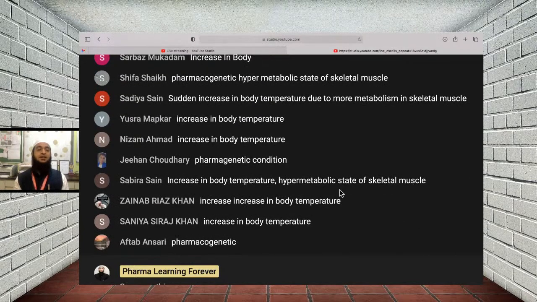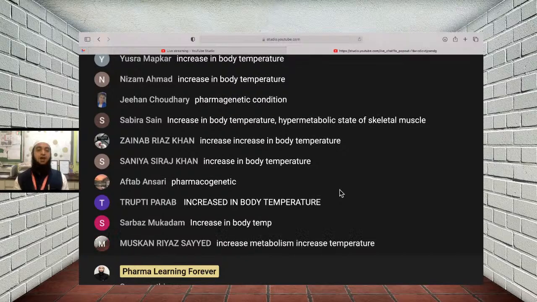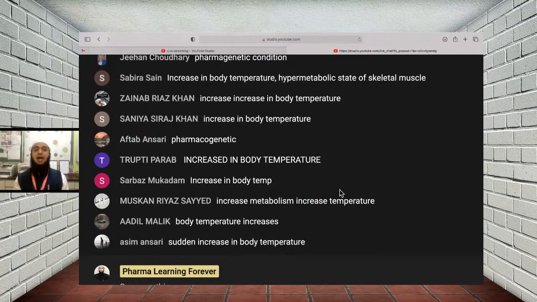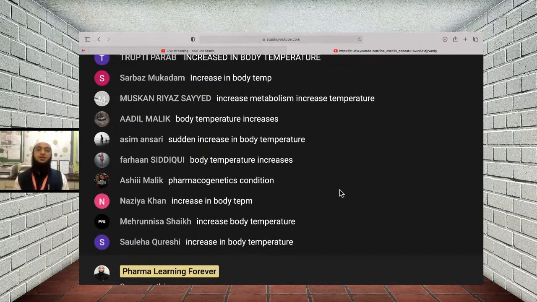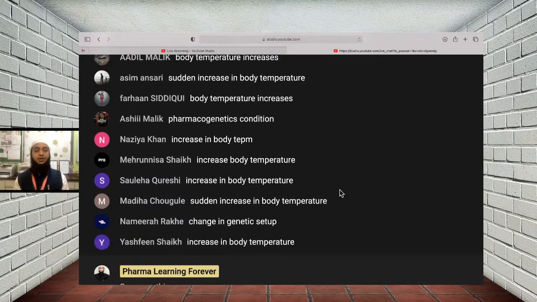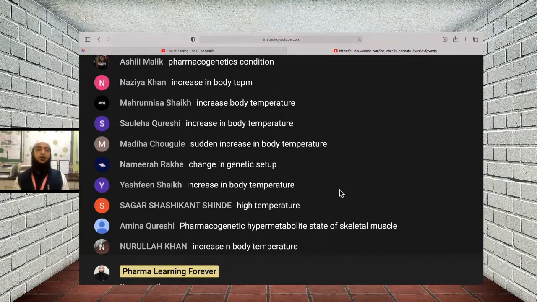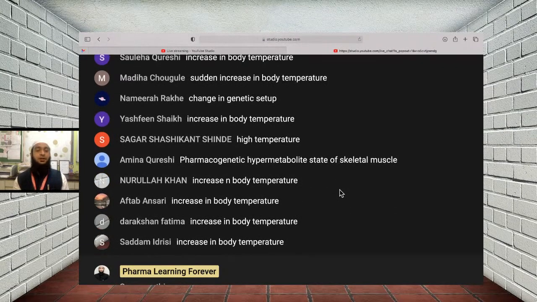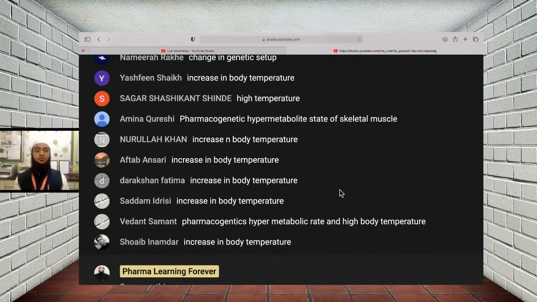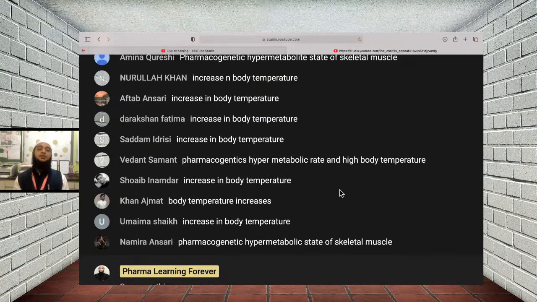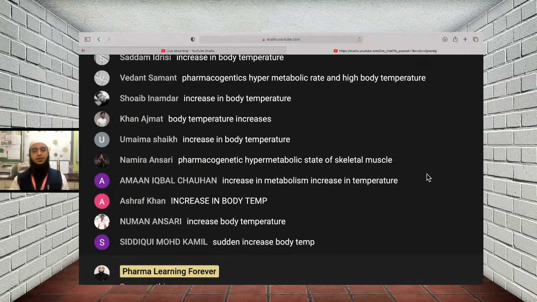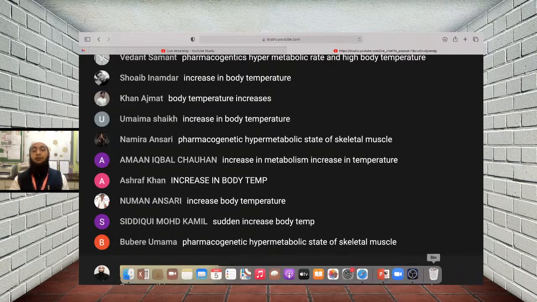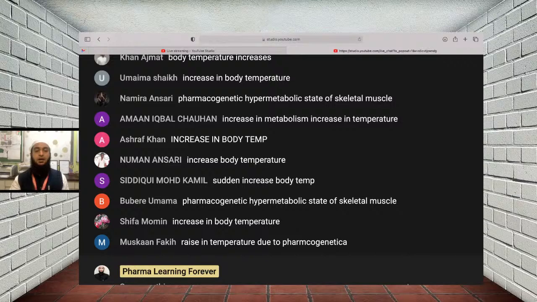It means the problem seen in case of hyperthermia is pharmacogenetic. The second thing is that it is a hypermetabolic state of the skeletal muscle, and due to more metabolism of the skeletal muscle, there is an increase in body temperature. So a sudden increase in body temperature, and it does not happen in all patients; it is only seen in susceptible patients. That is the reason it is called pharmacogenetic, because it is not seen in all patients, only a few patients show this, who have a different genetic makeup. Okay,